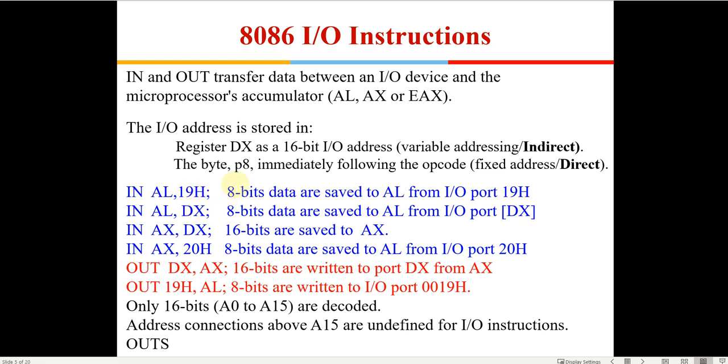Okay, so generally you don't have so many input output devices connected to an 8086, right? Generally you will have keyboard, mouse, or input output. So there will most probably be no requirement of going to input output devices more than 256.